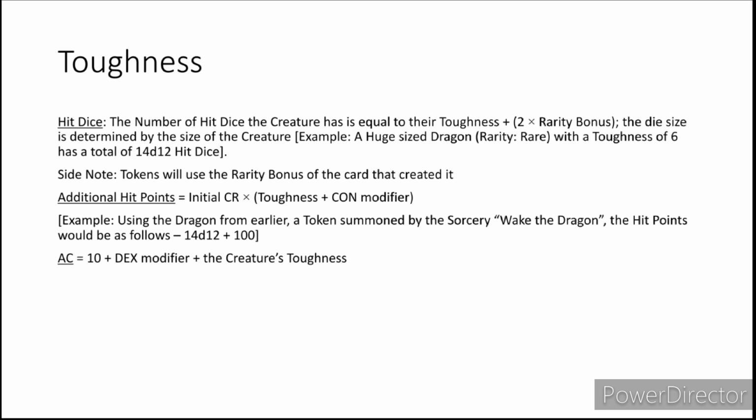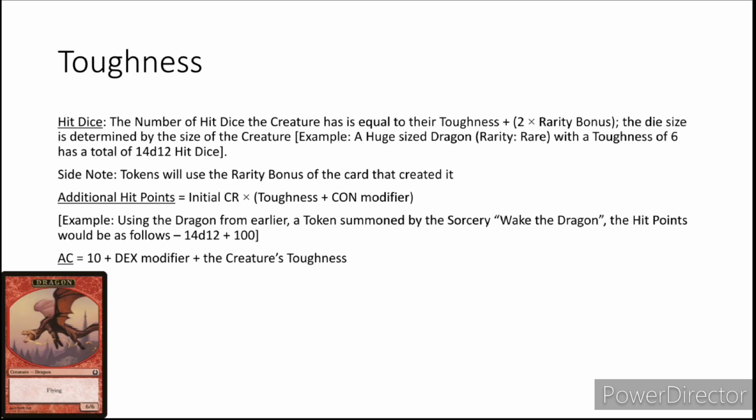Now to our main change here, and that is to the calculations made for toughness. For hit dice specifically, I decided that we needed the rarity bonus to be added to the calculation of the hit dice. And this is actually proven to give us what we need for similar stats to what we already have in Dungeons & Dragons 5th edition. Our example here is a dragon token of toughness 6. This will give us 14 d12 hit dice. And with the additional hit points being 100,